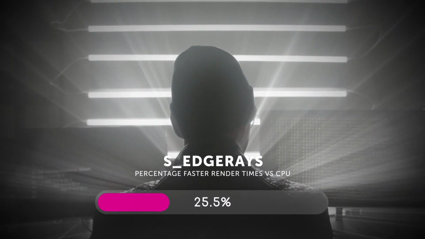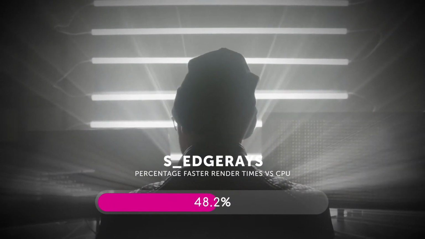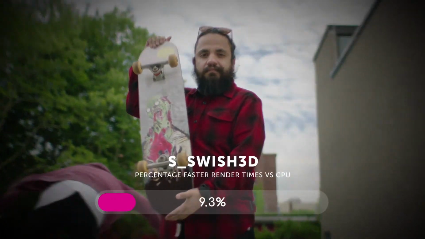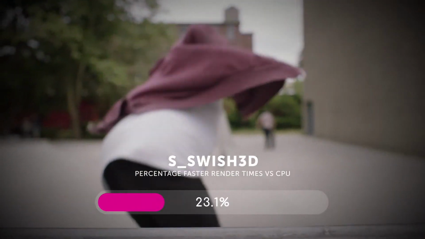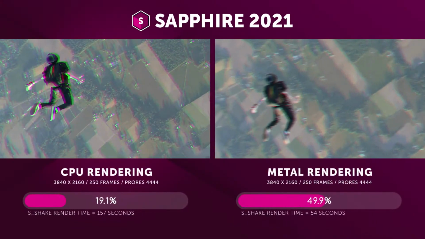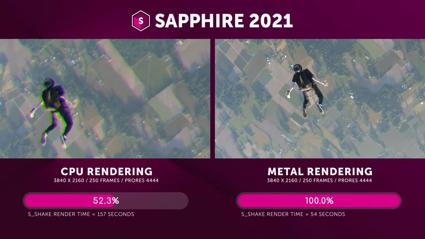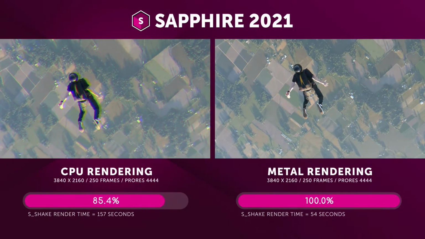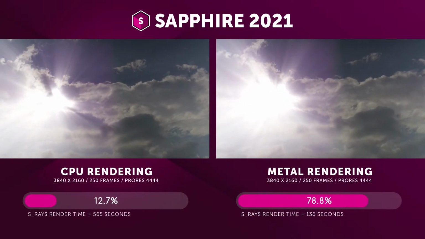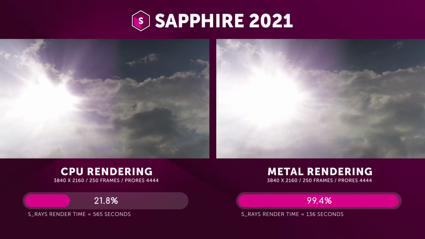Anytime we talk about speed, acceleration, and numbers, it's always a bit of a kerfuffle because it could mean so many different things. Everyone wants to know how much faster Sapphire is with Metal. It depends upon your host app. It can depend upon your CPU. It can depend upon the individual effect